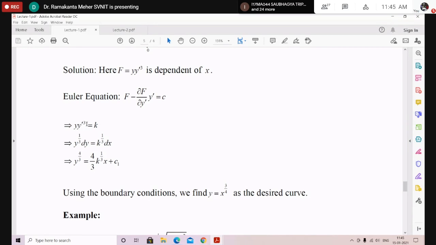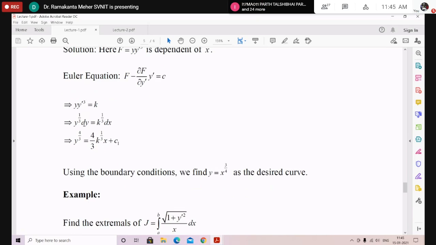So this becomes y dash only, and this y to the power 1 by 3, and this k to the power 1 by 3. Since this y dash is now of degree 1, we can write y to the power 1 by 3 into dy by dx equal to k to the power 1 by 3. Upon variable separable, we can write y to the power 1 by 3 dy equal to k to the power 1 by 3 dx. Now upon finding the integration, we can write on the left hand side